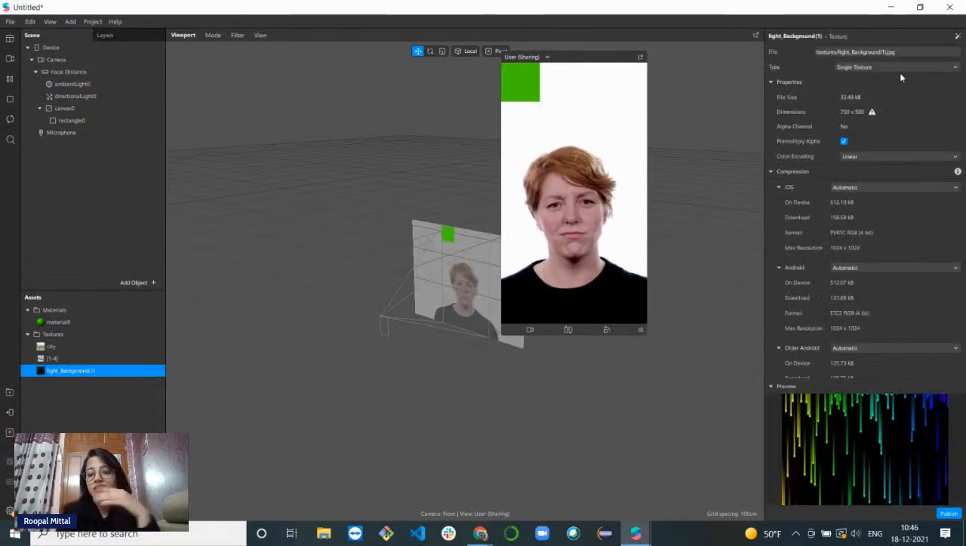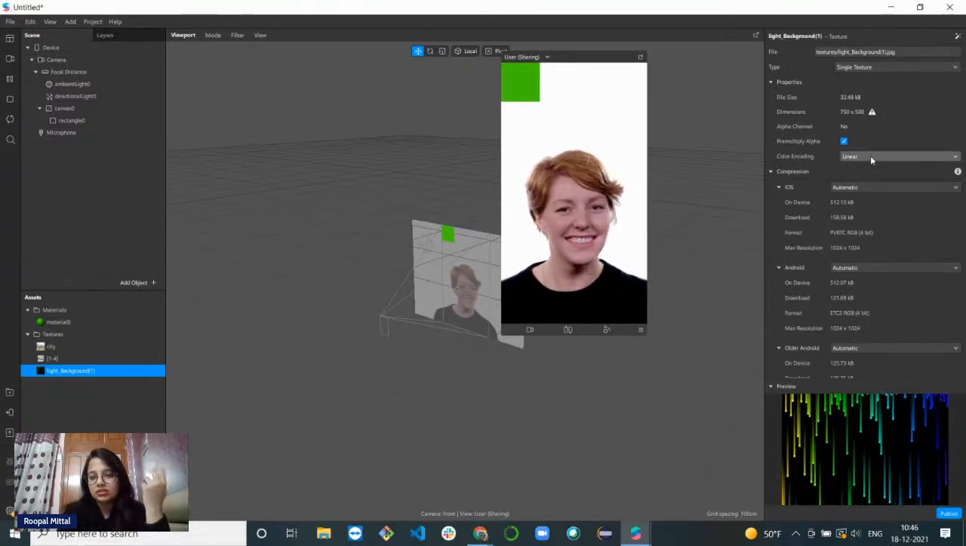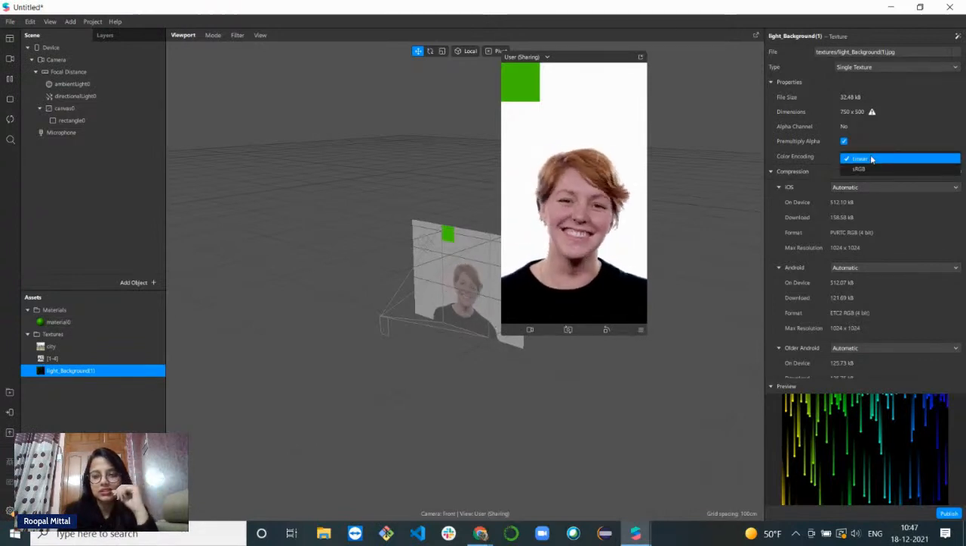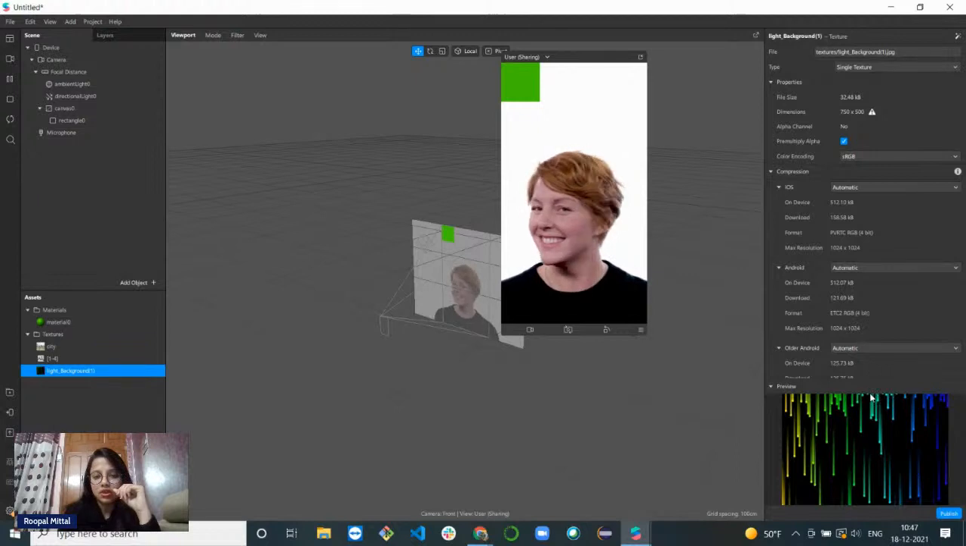So this is about the type. These are the properties of the image file that I have imported. The color encoding scheme you can just see right here. Right now it's the linear scheme, but if you change it to sRGB, in the preview section you won't be able to see the difference. But if I just use it, and see it in perspective right here,